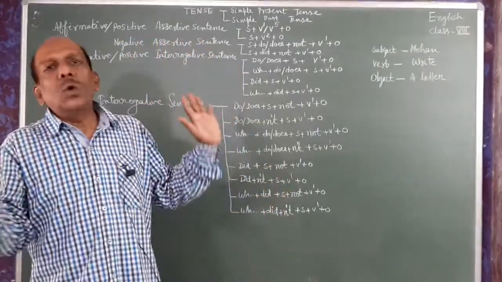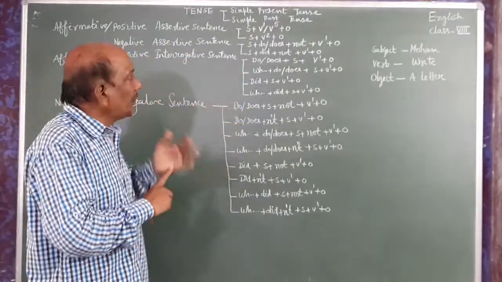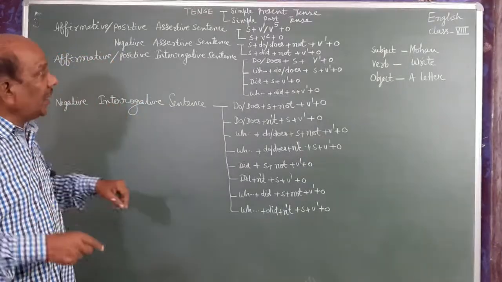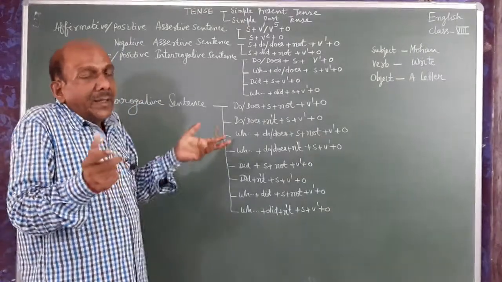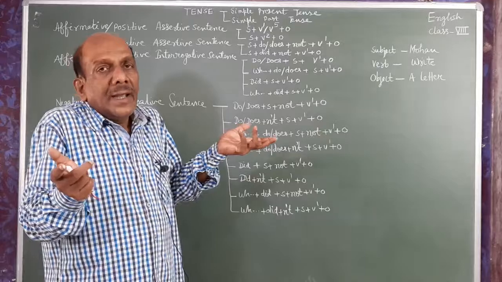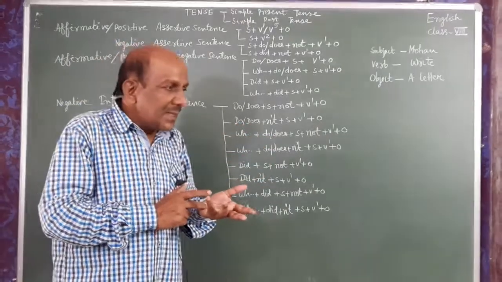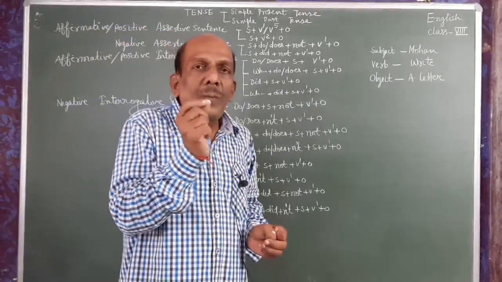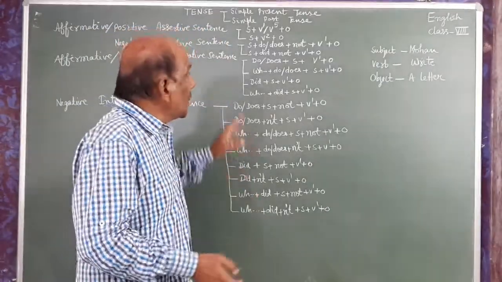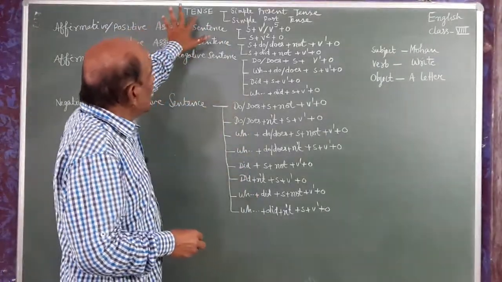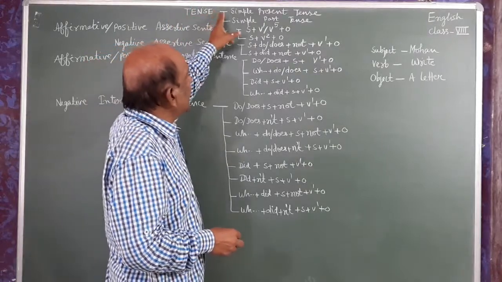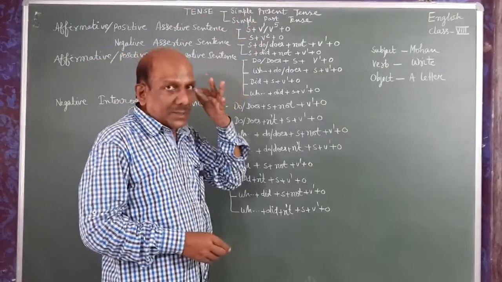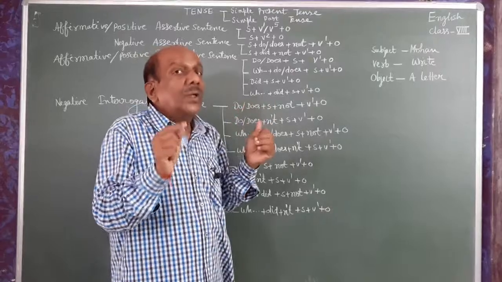Here there is no auxiliary, so we have to think of an auxiliary verb, and for this purpose we have taken the help of to do. So come here. See here, I have written tense, simple present tense, simple past tense, and you know that